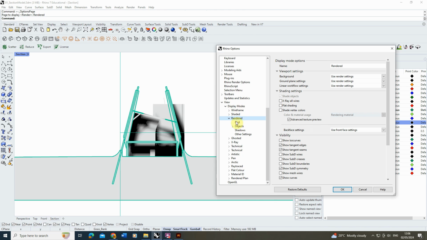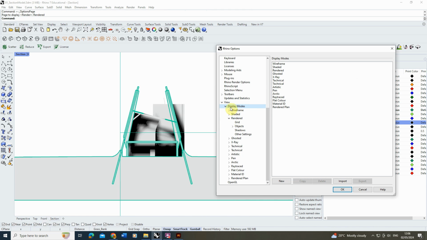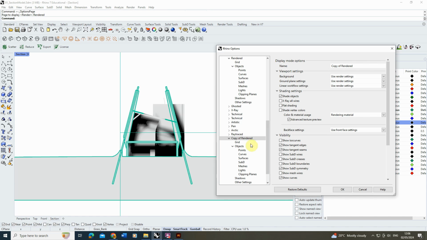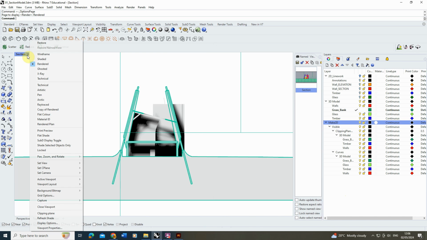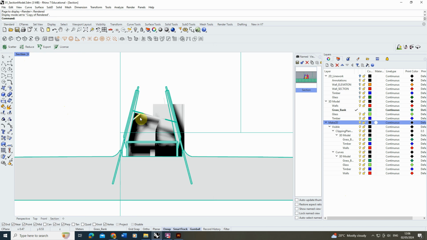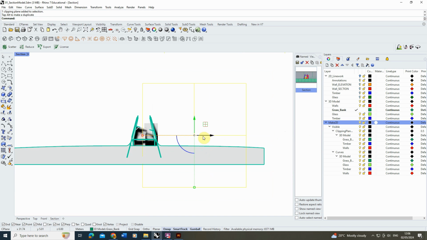We're going to create a copy of that rendered viewport mode by going to display modes, selecting rendered and hitting copy there. Then under that copy of the rendered, we're going to hit OK, and we're going to set our view, instead of being on rendered mode, onto our copy of rendered mode. Now at the moment you won't see any particular difference there, and I'm just going to move this clipping plane out of the way for now so it's not caught up in that view,